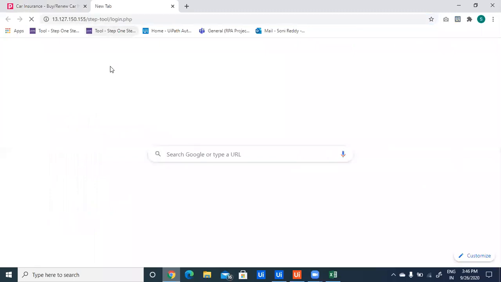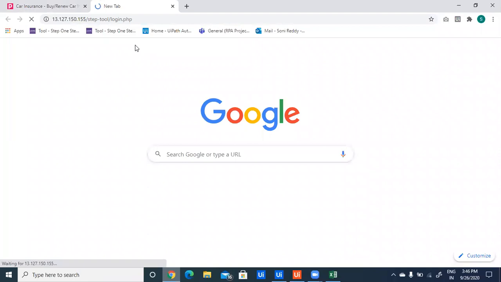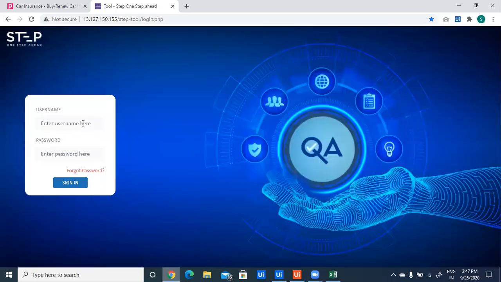I am opening the test management tool. We can integrate our UiPath with any of our own organization's test management tool. For this example, I am using our own organization's test management tool, and I'm logging into this tool.